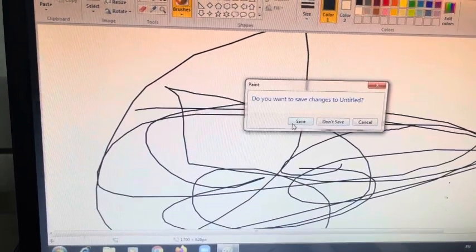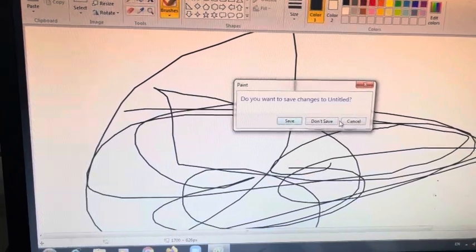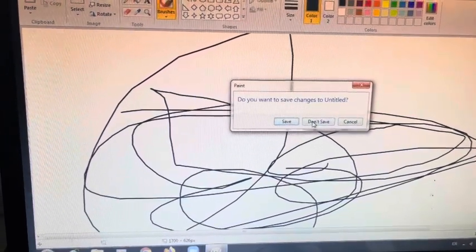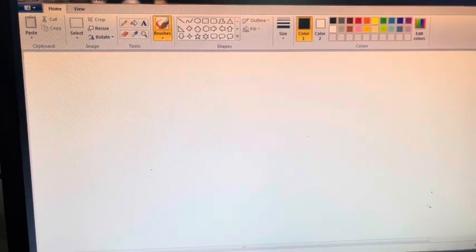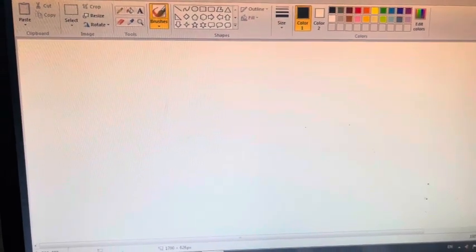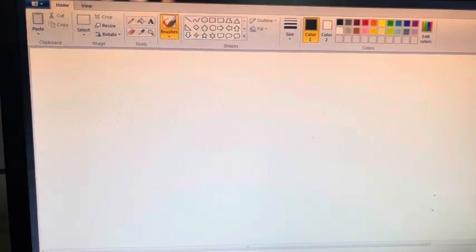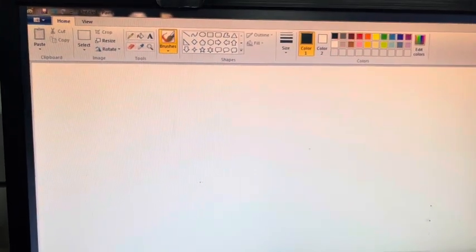If you want to save it, you save. If you don't want to save, don't save. I don't want to save this drawing, so I will do that. And here a new Paint window will appear for you.